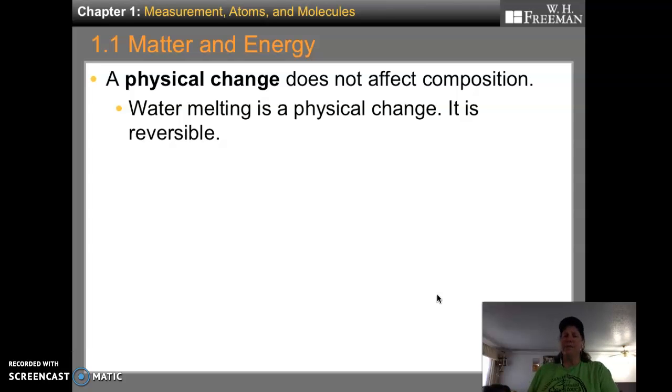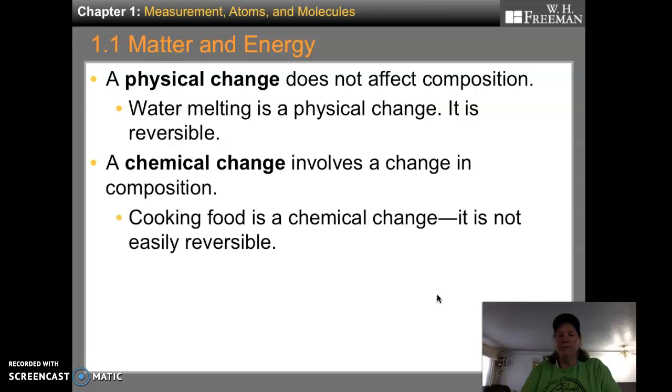Dissolving is another example. If I take salt and I dissolve it in water, some people think that's a chemical reaction. It's not. All I did was dissolve the salt. The salt's still in there. I can tell if I want to taste it, but I don't recommend tasting as a way of doing things in chemistry. It's not a great idea. But I could boil off all the water and then I'd have my salt back. So, that would be an example as well.